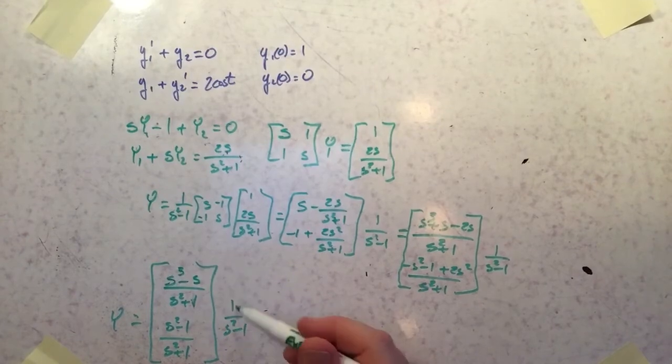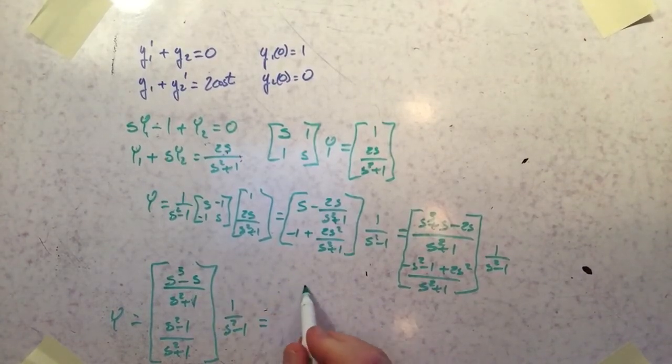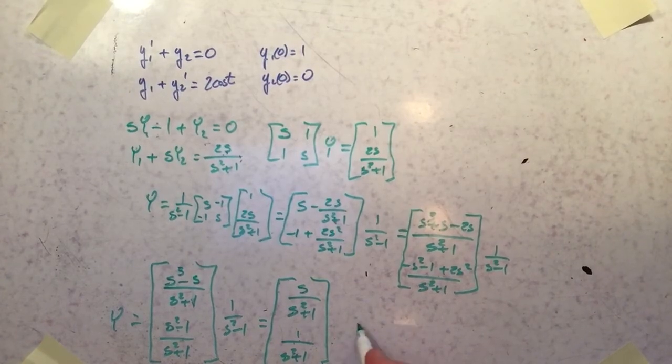When I multiply 1 over s squared minus 1 times this one, it just leaves an s in the numerator. So it'll be s over s squared plus 1. And for this one, it takes out the whole numerator. So it's 1 over s squared plus 1. And as you can see, these now are easily recognizable. This is y1, this is y2, and if I apply the inverse Laplace transforms to these